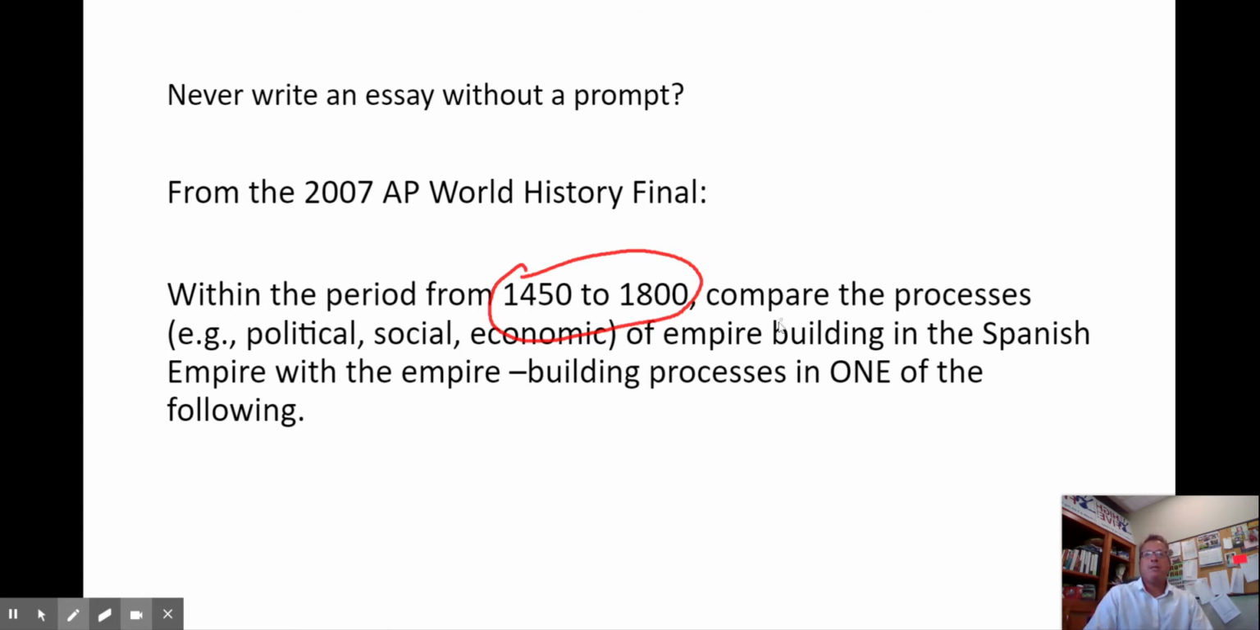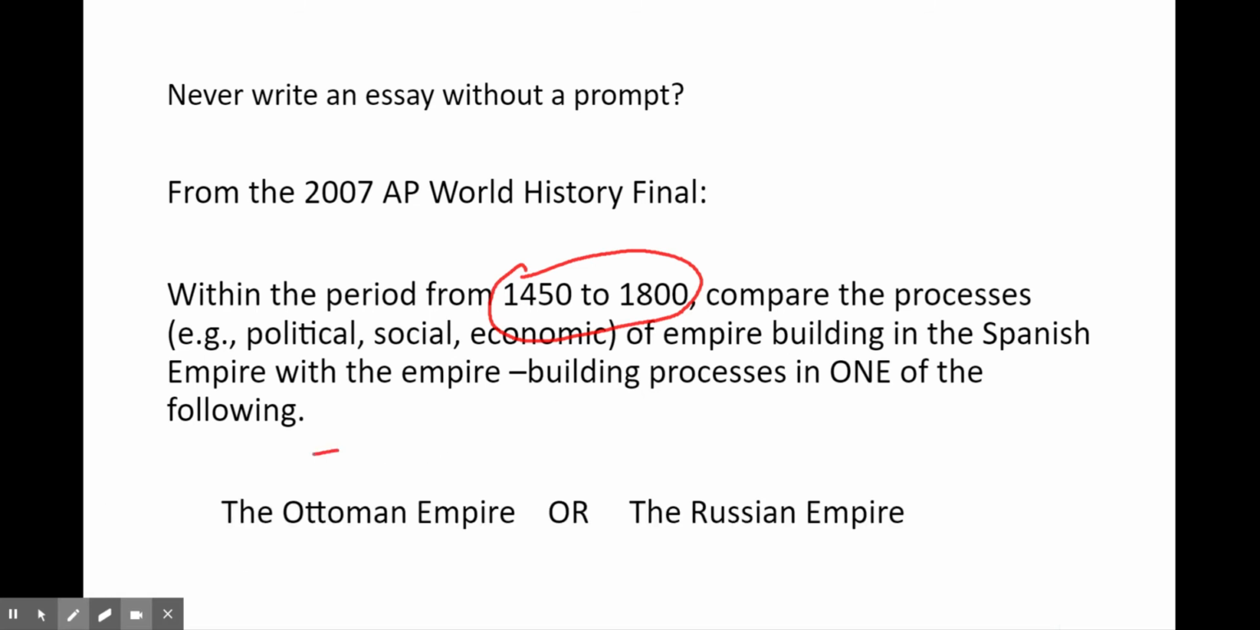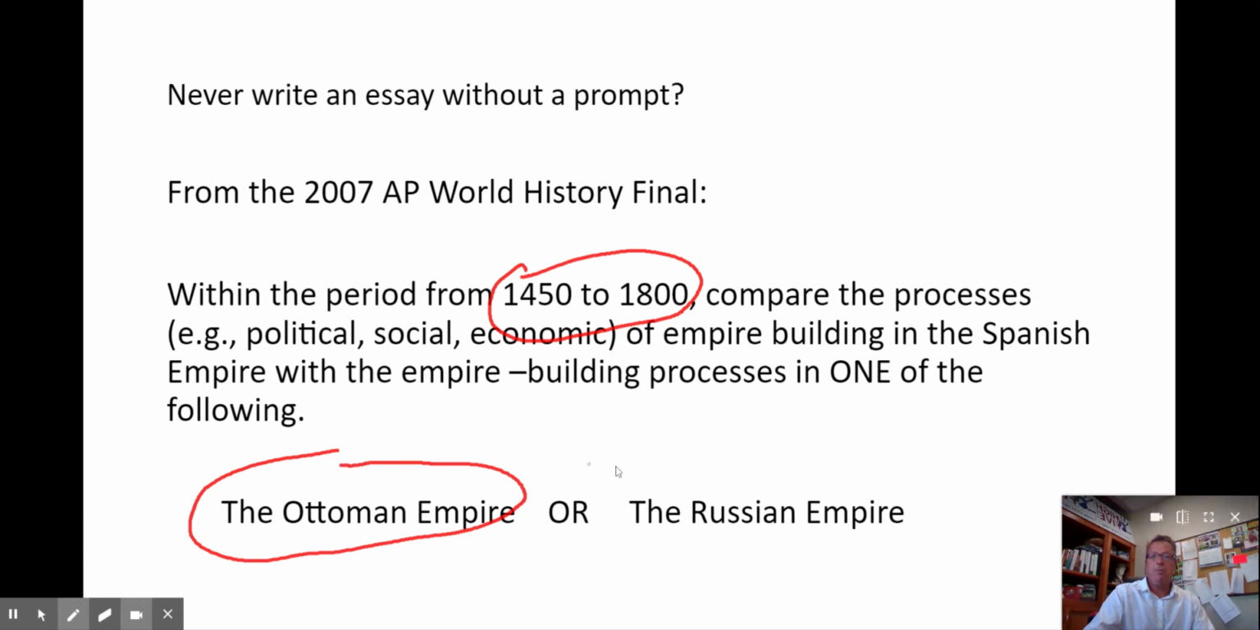And compare the process of empire building. Notice I just read right over that because that's in parentheses. I'll come back to it. Within the period from 1450 to 1800, compare the process of empire building in the Spanish Empire with one of the following. And I'm going to pick the Ottoman Empire. I'll just go ahead and tell you, you could pick Russian all day long. I don't care. But I'm going to pick Ottoman just because